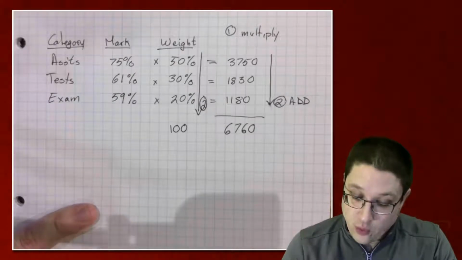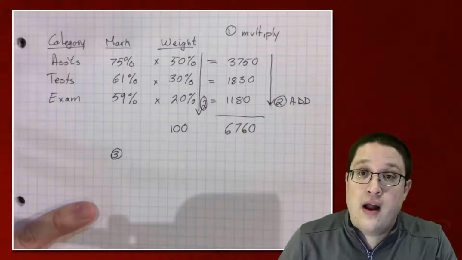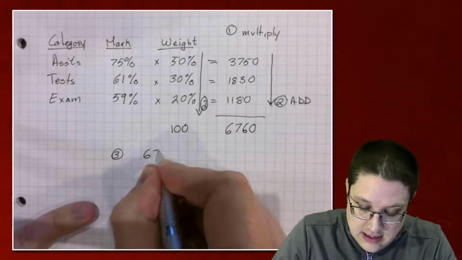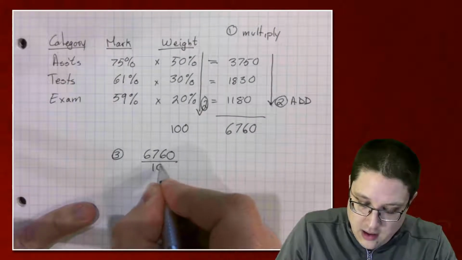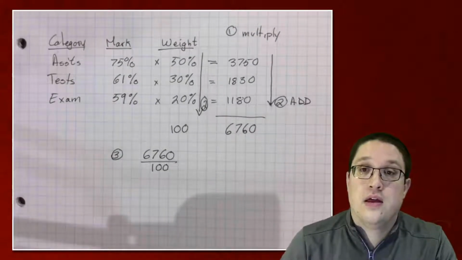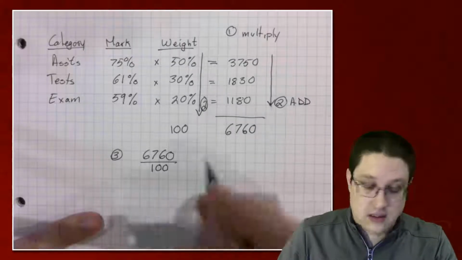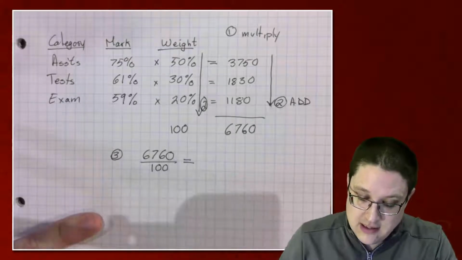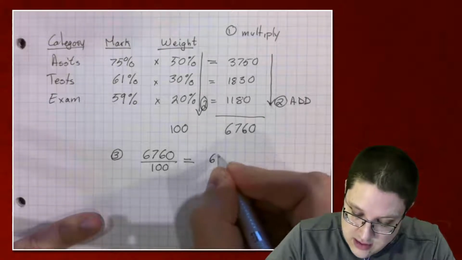And step three, I guess, is going to be to divide here. I'm going to take 6760 divided by 100. So this 100 here on the bottom is your weight. There's the sum of your weights. And 6760 divided by 100 works out to